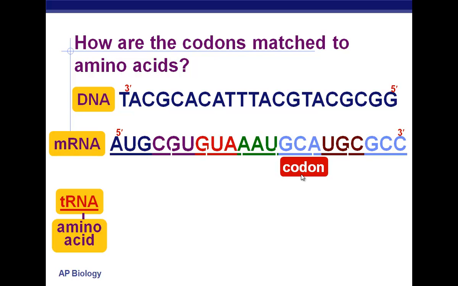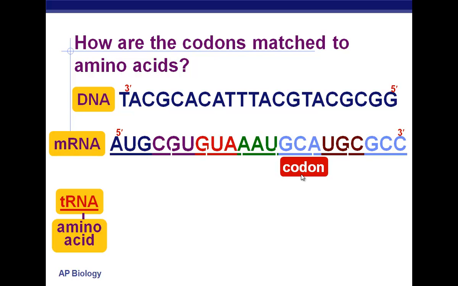So our DNA is actually 3' to 5'. Our messenger RNA was built this direction, 5' to 3', because our RNA polymerase has the same problem that DNA polymerase has in terms of it needs to have that 3'. It can only add to 3', right? So if this is my 5', I have a 3', 3', 3', right, and it adds in going this direction. That being said, RNA polymerase is a little bit more efficient than DNA polymerase because it does not need a primer to start it. So it can start it itself, but it can only build in that 5' to 3'